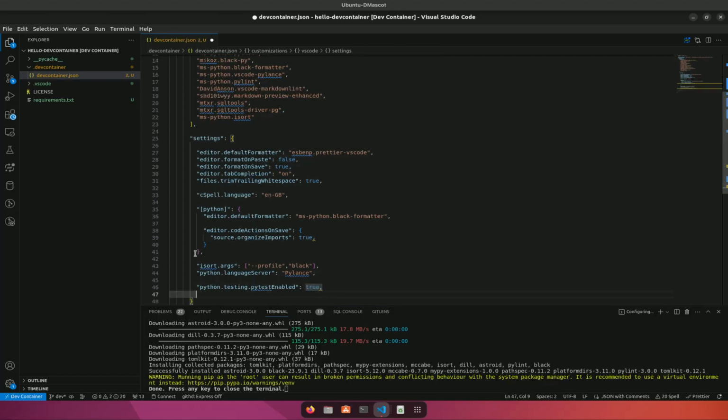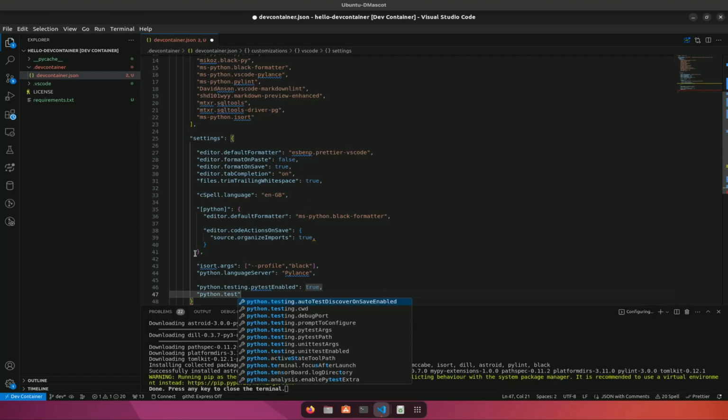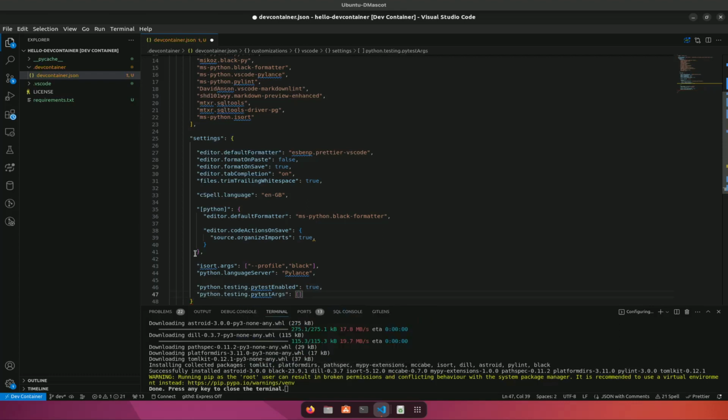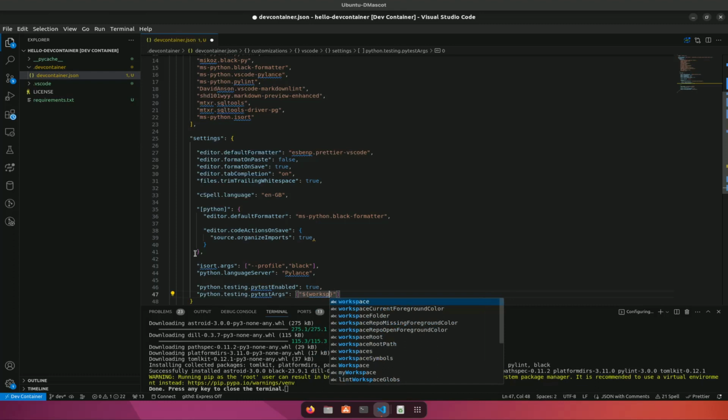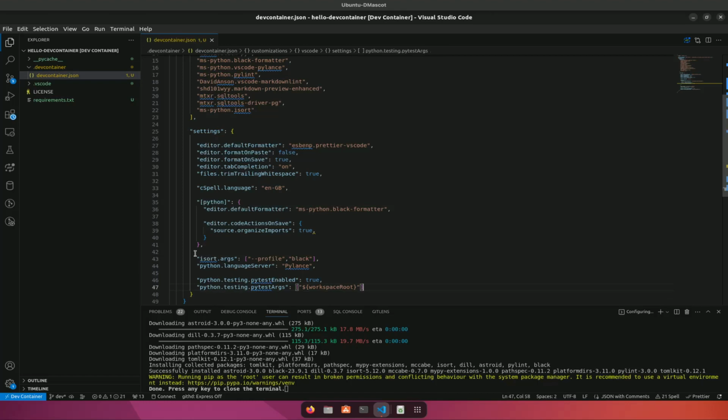I also want to pass an argument to my pytest actually, so that's python.testing.pytestArgs. The simple arg that I want to pass here is workspace root, which means run pytest within the root of the project itself